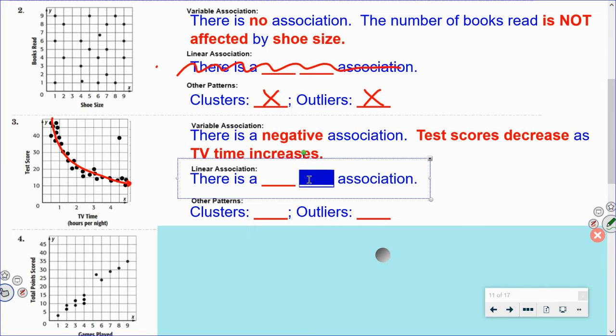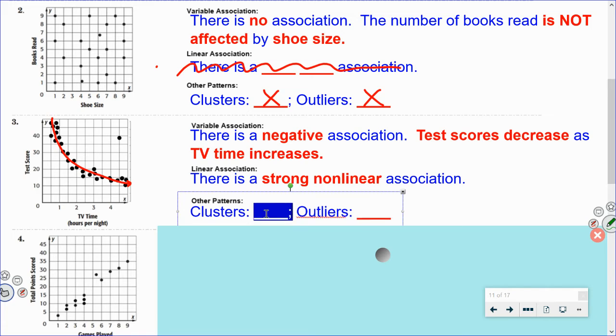Meanwhile, we talked about a nonlinear association because we drew a pretty good curve through it, and those points seem awfully close to that curve. I don't see any clusters, so I'm going to write NA or none. But outliers, I think you would all agree that there does appear to be a point. Look, somebody watches a whole lot of TV and their test score is still pretty good, but that doesn't really belong with the data. So I'm going to write, there is no cluster, there is one outlier,